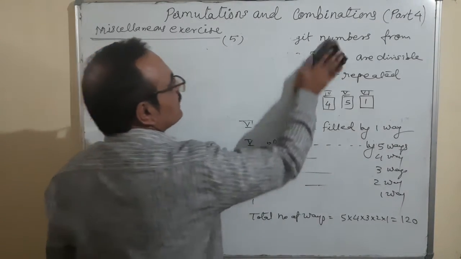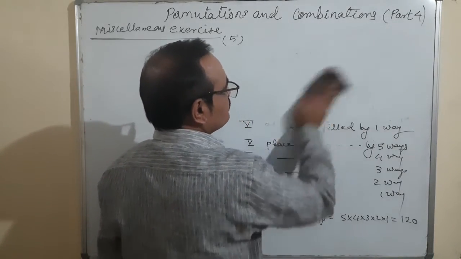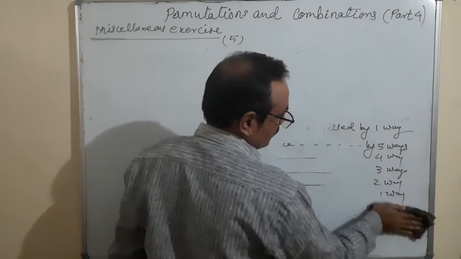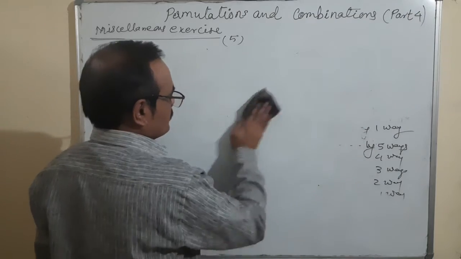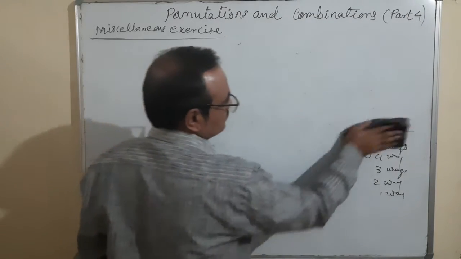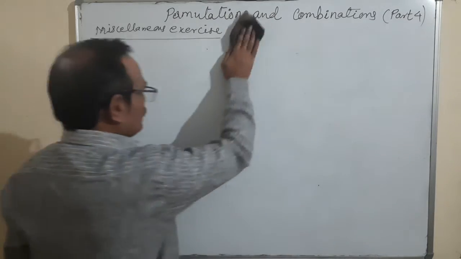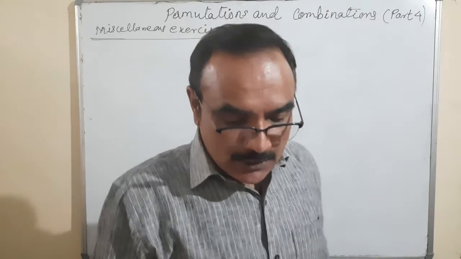So once you understand the question, after that I don't think there is any problem in it. Understanding is a must. For understanding, you can read the question 2 times, 3 times, until it is understood properly. Only then you will start to solve that question. So this is my suggestion to you.